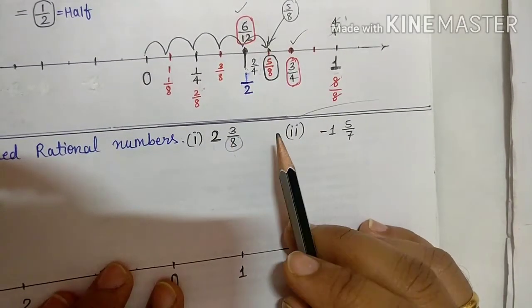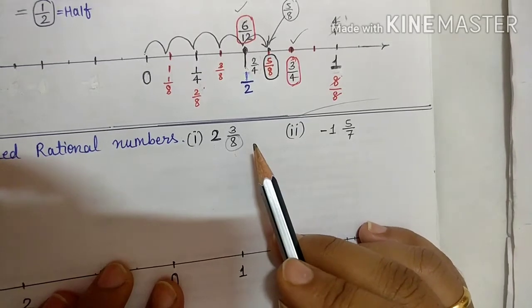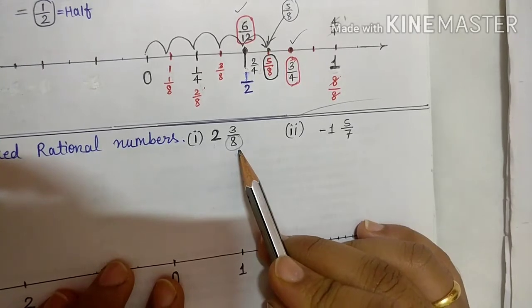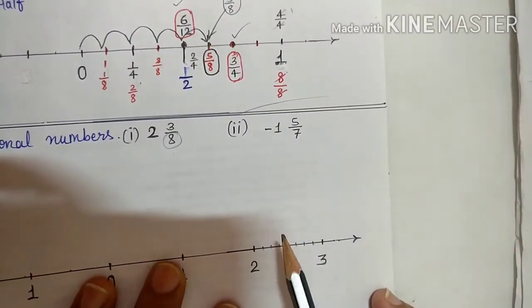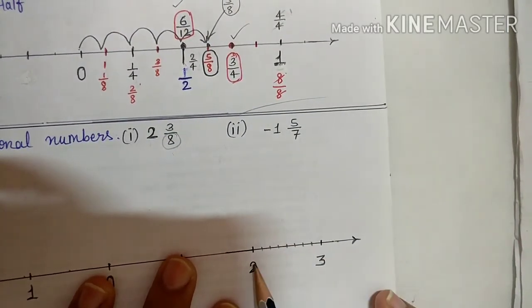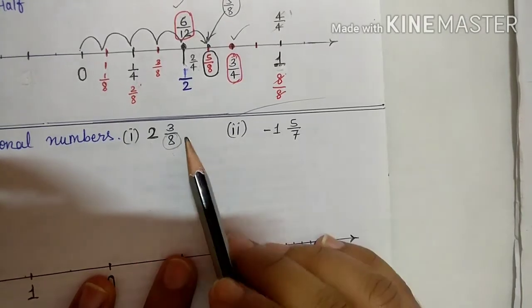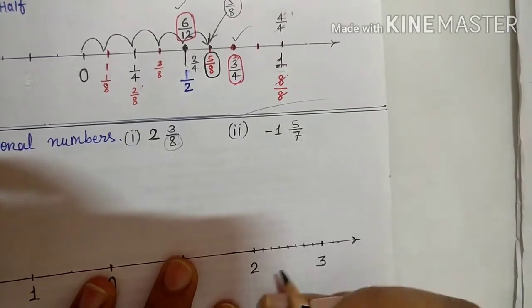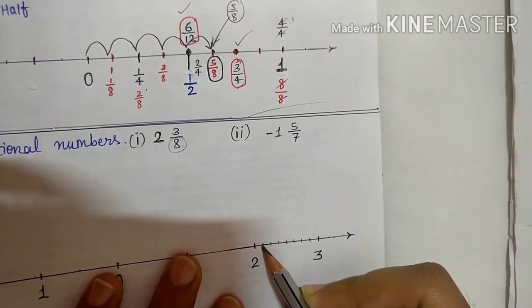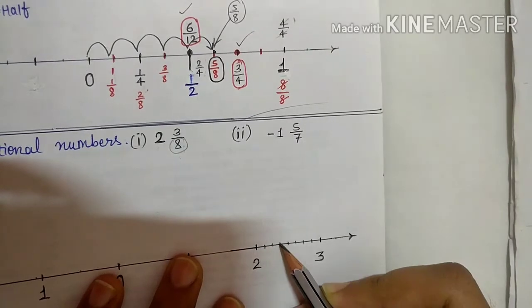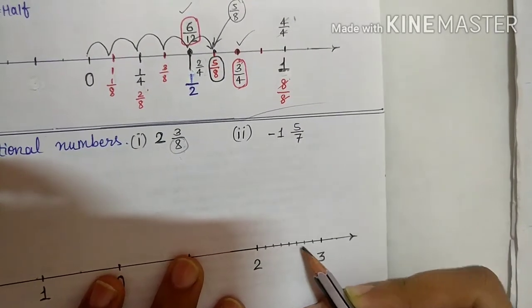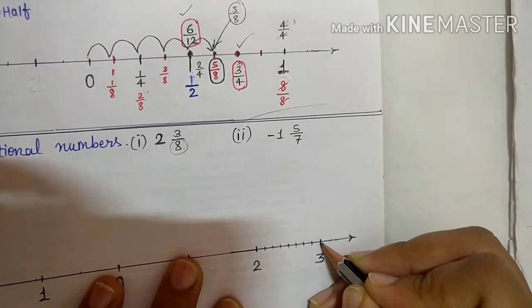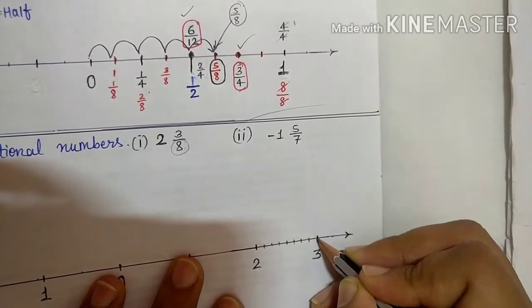Now how we have to represent this number depends on the denominator, as I told you in the starting. So the denominator is 8. So we have to divide the gap between 2 and 3 units into 8 units. We have to start after 2. Just check here, pay attention. 1, 2, 3, 4, 5, 6, 7, and the 8th is what? 3 only. Where will the 8th come? On 3 only. This 8th will come on the point 3.